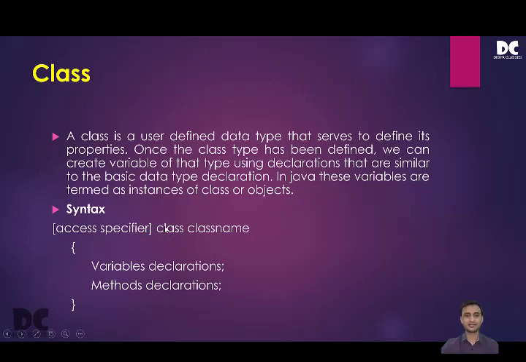And then we have the class keyword. Then we have the class name. The class name has to be given according to identifier rules. Then within the curly brackets, we used to write functions or methods. But from now on, we'll also write variables. That is, we are going to declare variables outside the function. So what will happen when you declare the variables outside the function or inside the function? We'll come to that in a later part of the video.